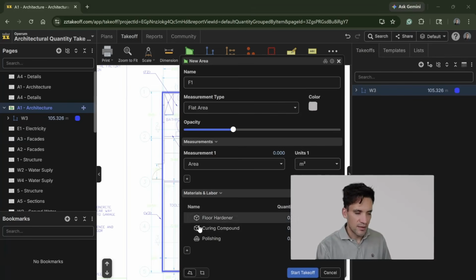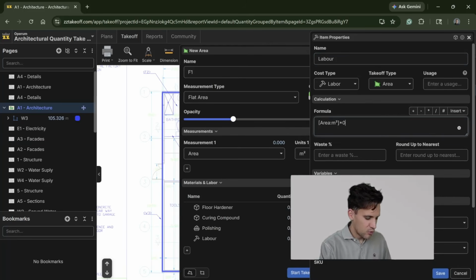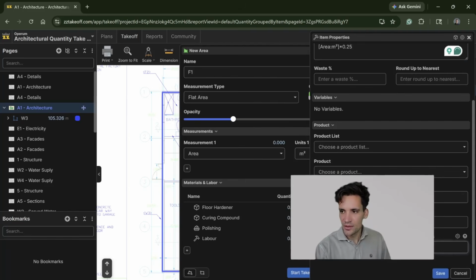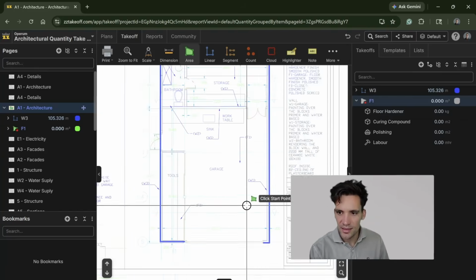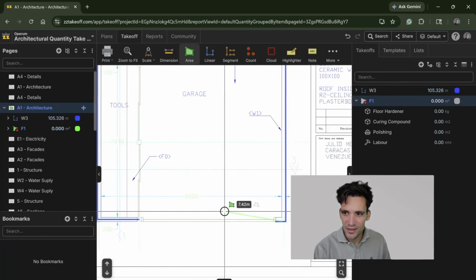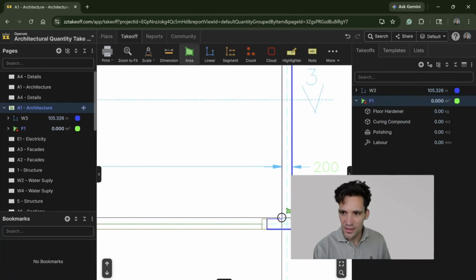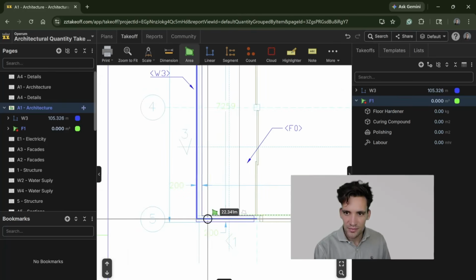And we've got labor for the actual finishing, and we're going to say that's 0.25 man hours per meter squared. That measurement's going to be like that. We do our start takeoff, and again, very, very complicated work here. I am just going to go and measure